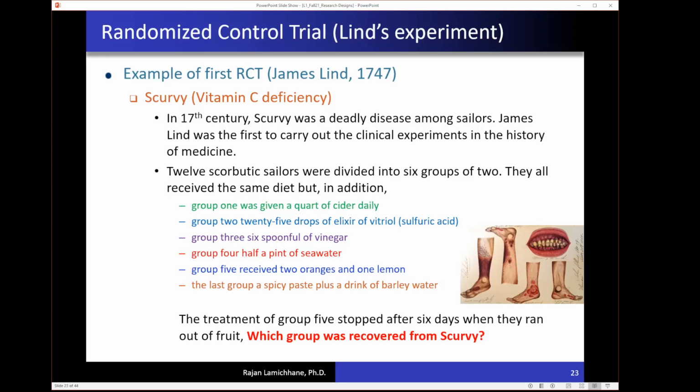drink of barley water. I'm not sure how he selected all these different types of treatment modalities, but maybe it's based on the practice that existed at that time. And here the interesting thing is that after 5 days, the fifth group, who received 2 oranges and 1 lemon, their supply ran out. Even though their supply ran out, they were the first group to recover from the scurvy. So this experiment showed that scurvy is a vitamin C deficiency disease, and then they started treating the individuals with